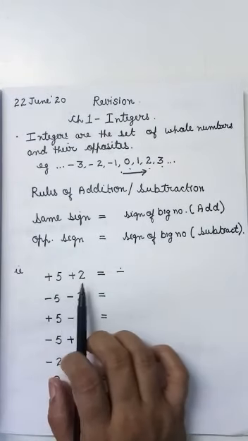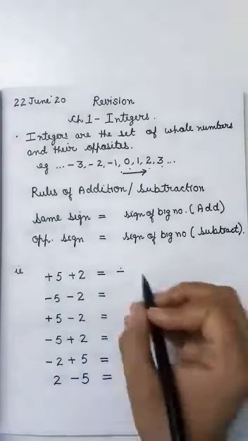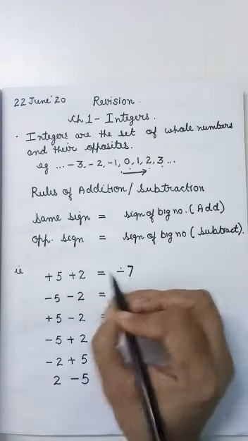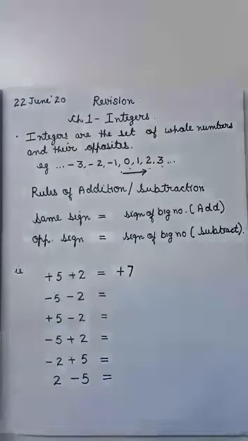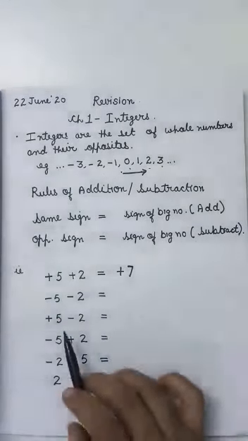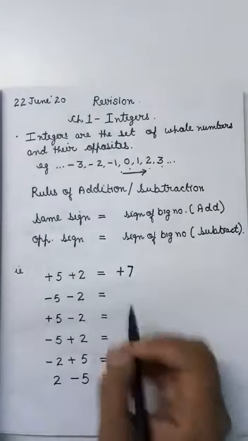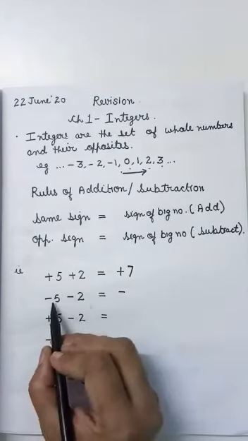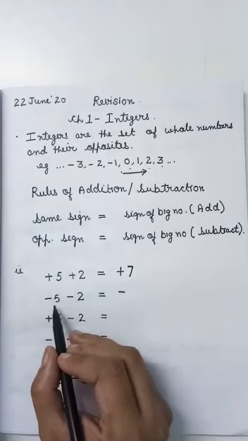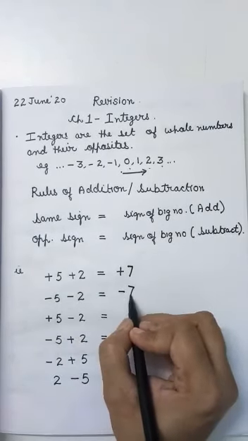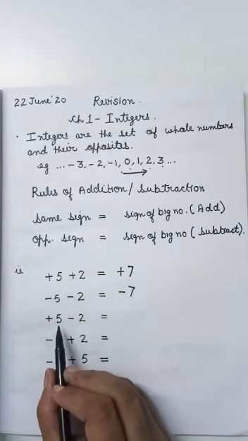See, this is +5 +2. The sign is same, so you have to add 5 and 2. It becomes 7. And the sign of the big number here, 5, is positive. So you will write +7 class. Now here this is -5 and this is -2. The sign is same, so without the sign it is 5 and 2. So 5 and 2 you will add, you will write 7. But here this is -7. Now look at this question.